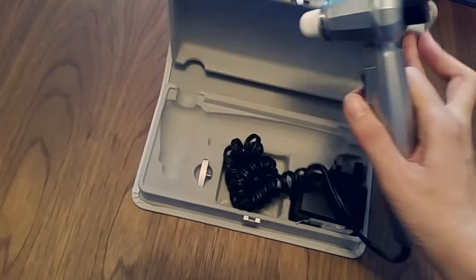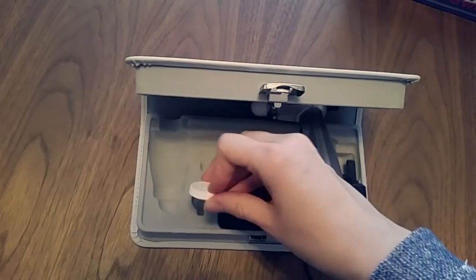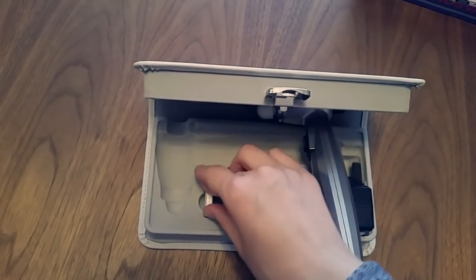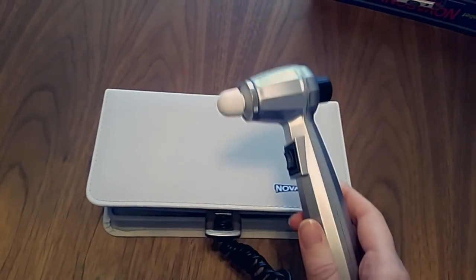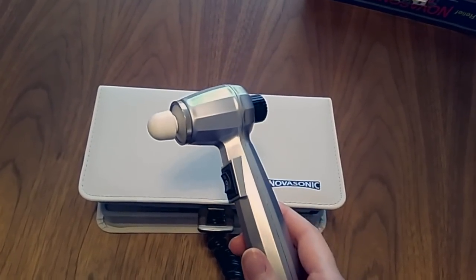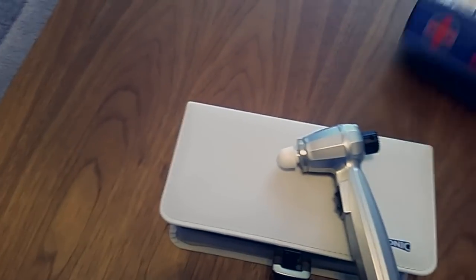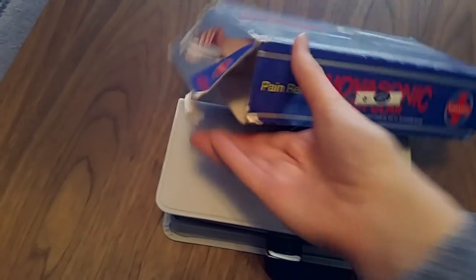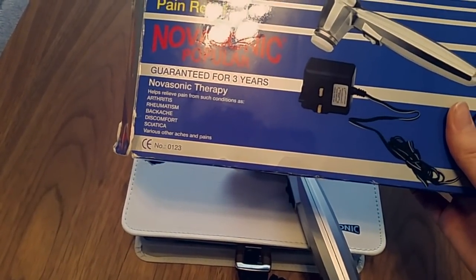We've got the 2 different nozzles. You've got this nozzle, or you've also got your flatter nozzle here, but you can just get a really, really effective result with this, and it could possibly be the closest, I'd say, to a professional working on you but actually doing it at home. And as it tells you on the box, it's not just for muscular pain, it's for arthritis, rheumatism, backache,